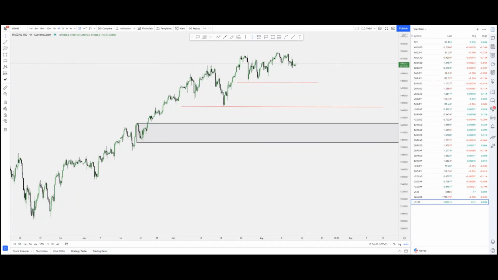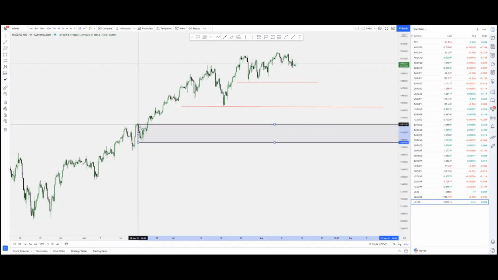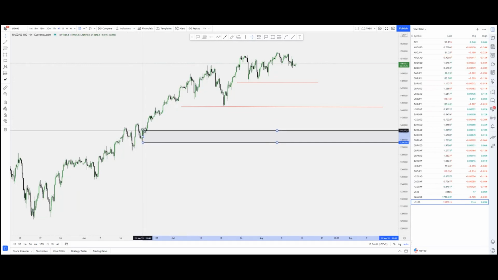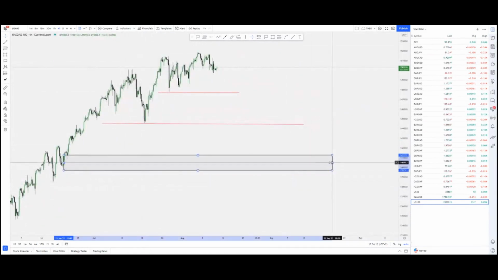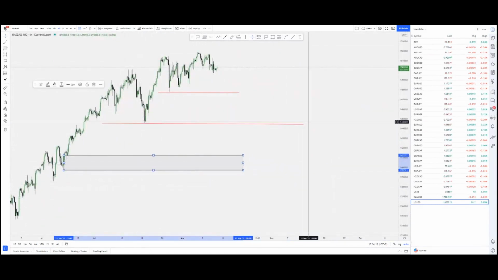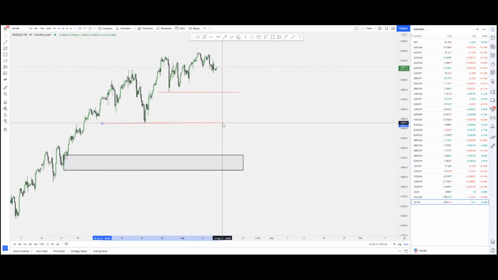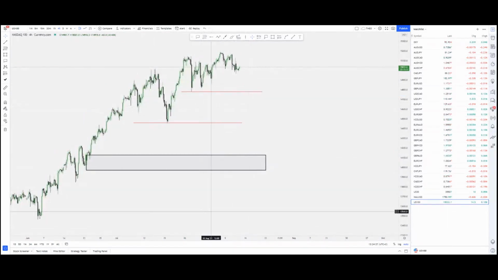Let me just break down US tech. This is a buy area I'll be looking at, that order block right there, and try to reduce this. Now, like I said, on the 4-hour time frame, I already have my targets from the daily time frame. So it's going to be a big ride down, and I'm ready for the ride. I hope you are ready also.